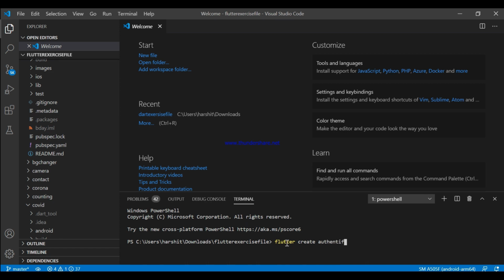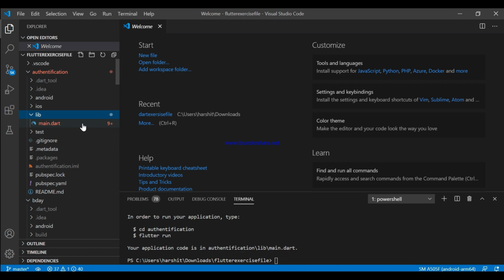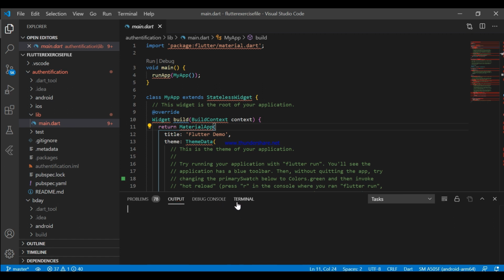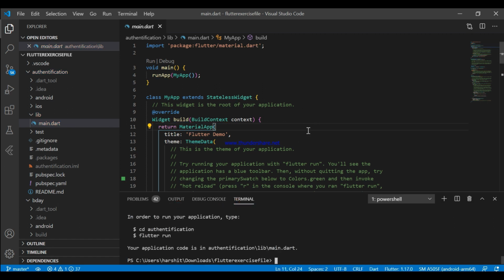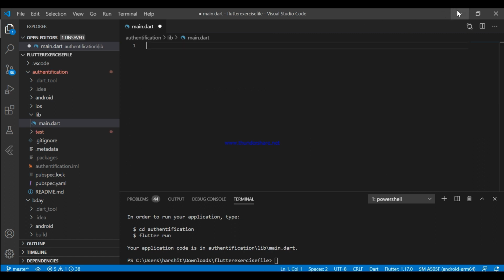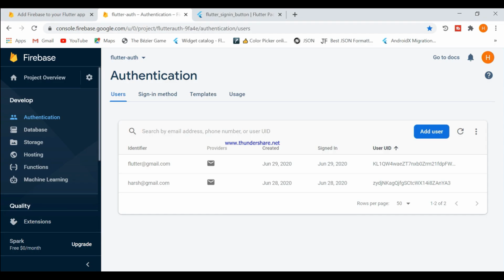Guys, listen to this very carefully. To understand the complete concept, just watch this tutorial completely. Even if you get stuck at some point, still watch the complete tutorial, because we are dealing with Firebase and everything is linked up. So even if you face some doubt in the start, all your doubts will be cleared when we deep dive into the tutorial. Okay, so let's start the linking process.